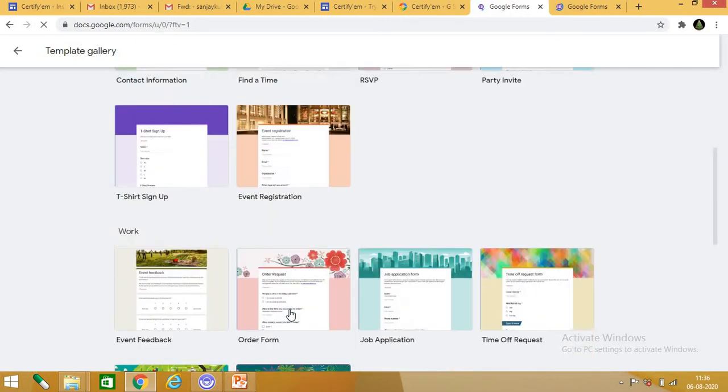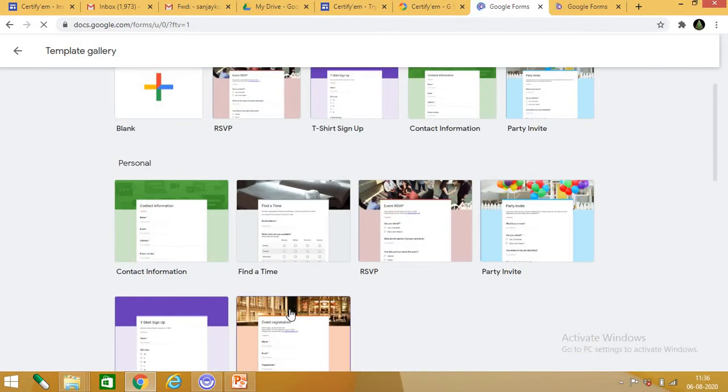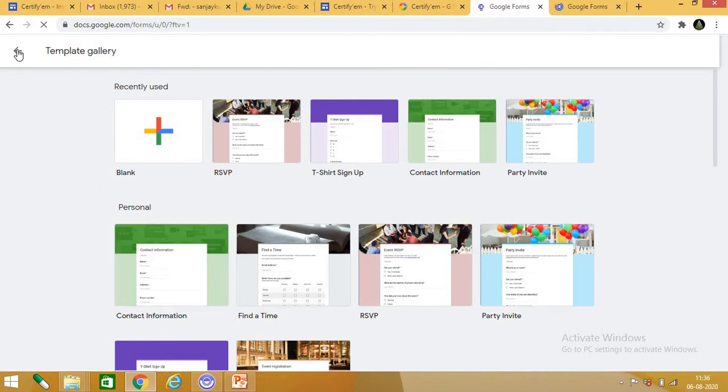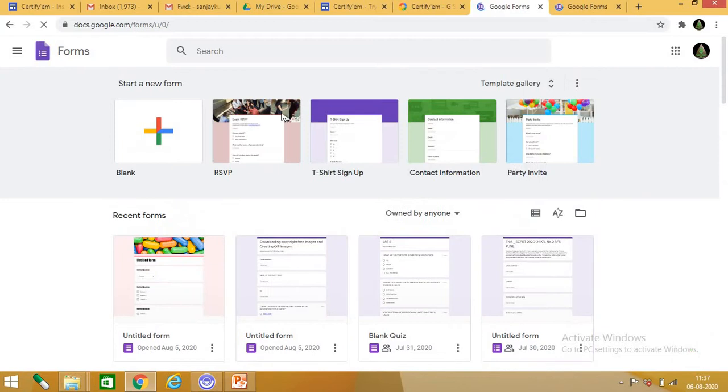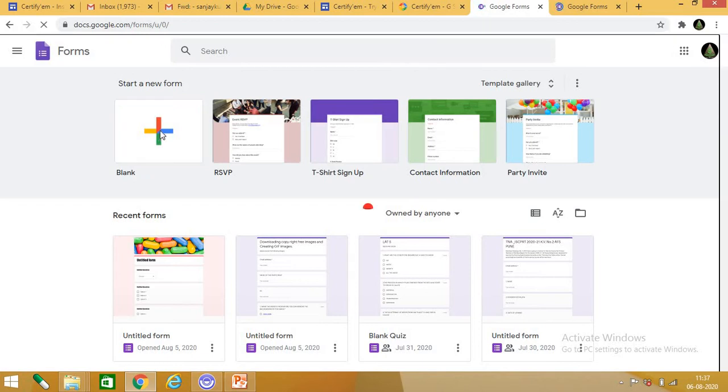So these are the templates which you will get. You can choose any one. Then we have to make a new one, so we will go to blank. Click on the blank.